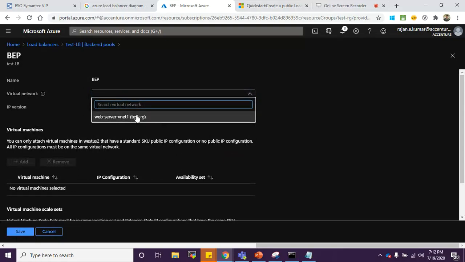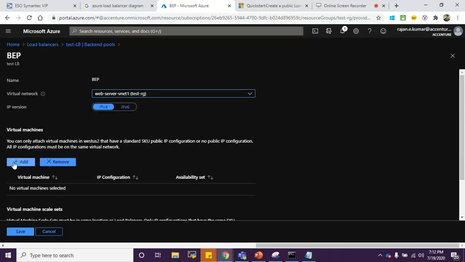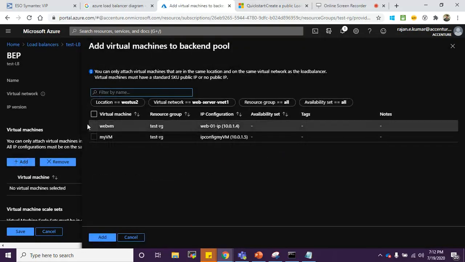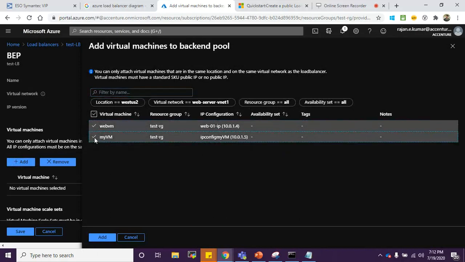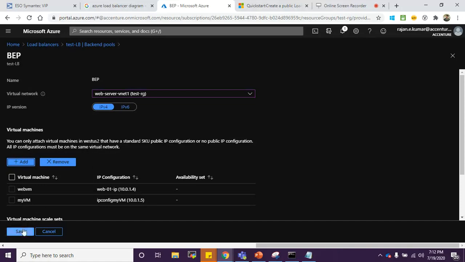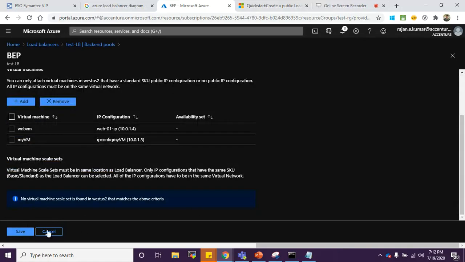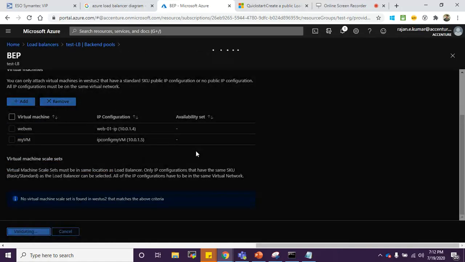Virtual network is my web server VNet1. Add virtual machines. I'll choose both my VMs, since both our VMs are in the same resource group, same network, and same location also. So they satisfy all the prerequisites to work together. Let's add this and save this configuration.